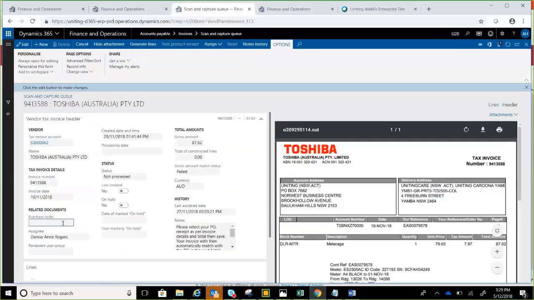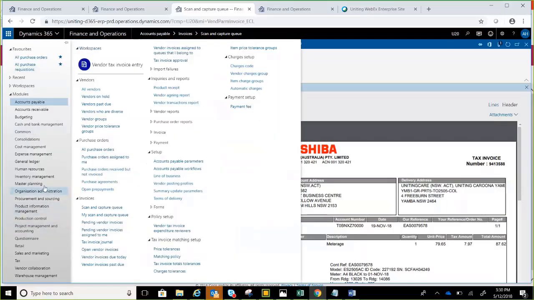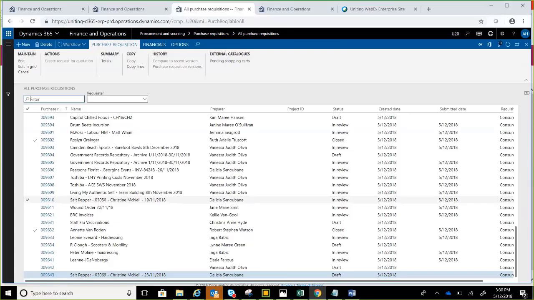Right, so as a default, the purchase order field will be grayed out. Sorry, I'm just catching up. Purchase order will be grayed out. It should allow you to enter the purchase order by clicking edit at the top. Now, if you get an error when you enter the purchase order, it may be because you're using the wrong value. So something to be very careful about is if you've raised a new order, I'll just go through procurement and sourcing, purchase requisitions. Right, if you've raised a new order, you need to make sure you're using the purchase order number, not the purchase requisition number. So in this case,